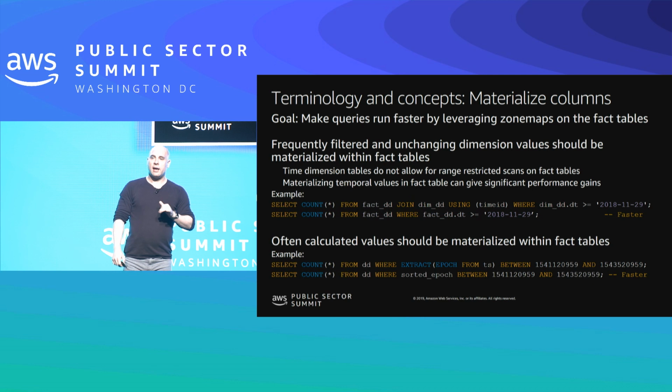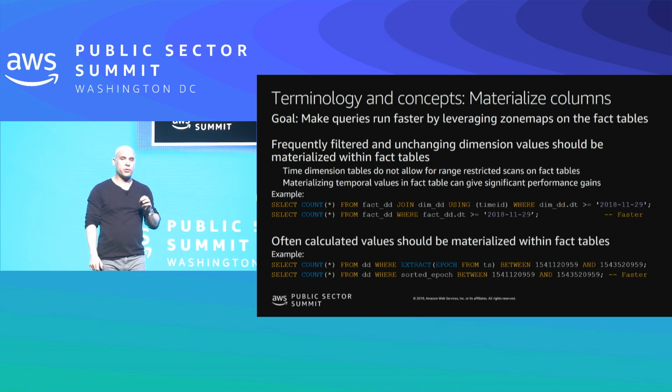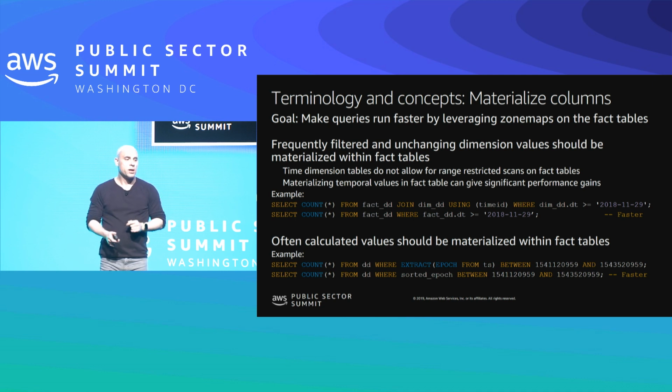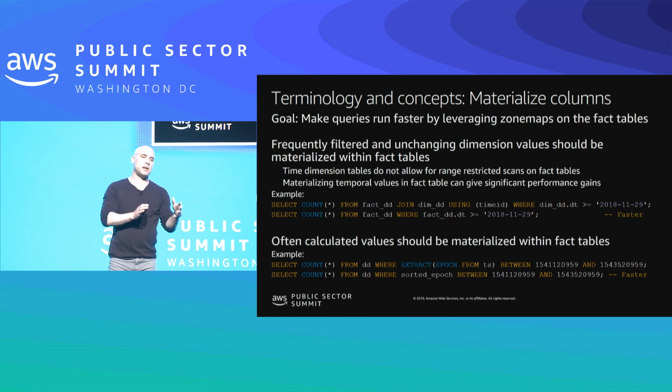So this one is, I added this slide actually primarily for migrations from legacy systems. This top SQL example, which I'll walk through, is one that I usually see customers hit when they're doing migrations. So we want to try and put our predicate columns on our fact tables, which means a little bit more denormalization than we may be used to. One of those is time or date dimension tables, which are very common in data warehousing. In Redshift, ideally we want to denormalize that into our fact table so we can leverage the zone maps on